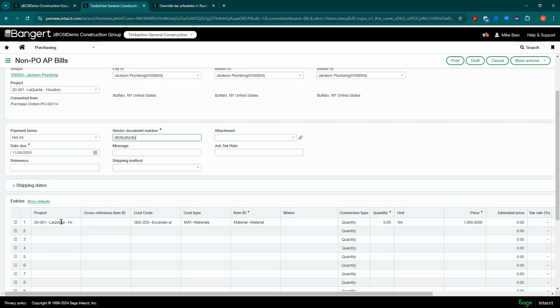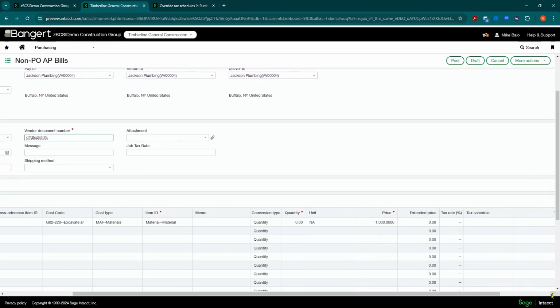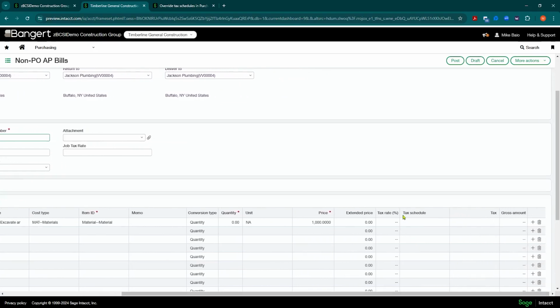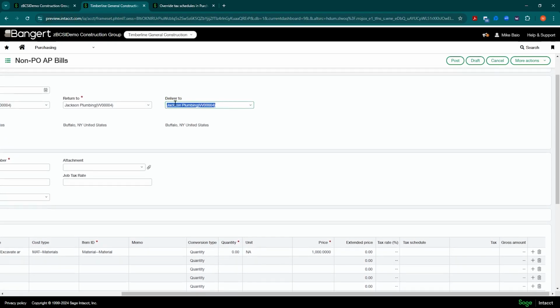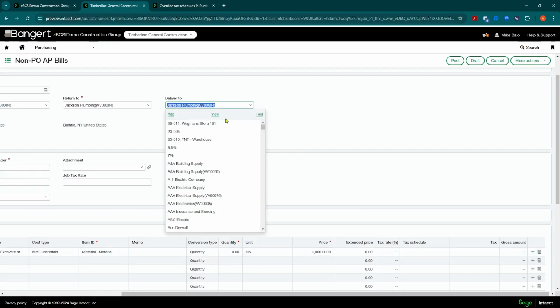But notice what happens. The line item here, there's a new field on your entry screen called tax schedule. Notice it's blank. So in this scenario, something isn't set up correctly to retrieve a tax schedule. Most likely it doesn't have the information on the contact tax group, on the contact record, or in the item, etc. But in order to fix that, you would have to go and flip the deliver to and all that.